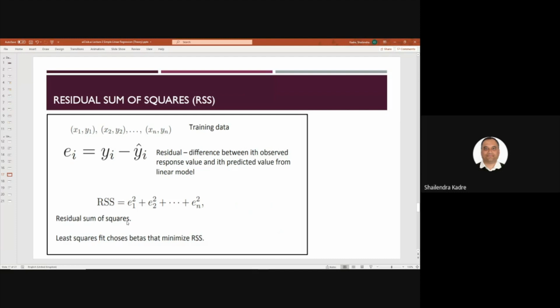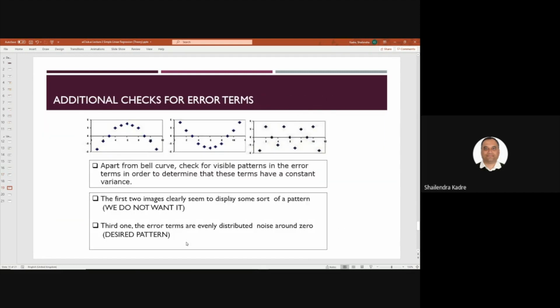And RSS, I am once again explaining, is nothing but actual minus predicted. For every point you calculate actual minus predicted, square it and sum, it is RSS. I am explaining once again, you want to minimize RSS. Okay, now